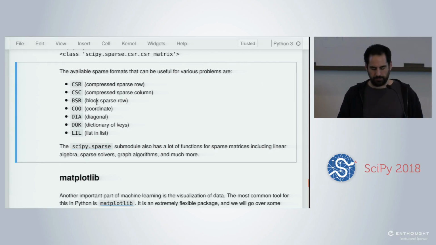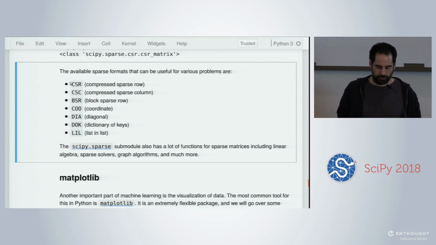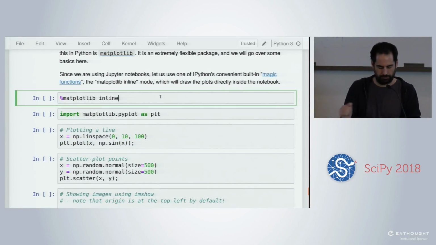And if we do that, if you print it using print, you see that internally it stores the locations of the non-zero values and their values. If you have very few non-zero values, it's much more efficient to store the location of the values plus the value than to store the values in a big memory chunk with the right locations. You can always convert a sparse matrix back to a NumPy array by using toarray.